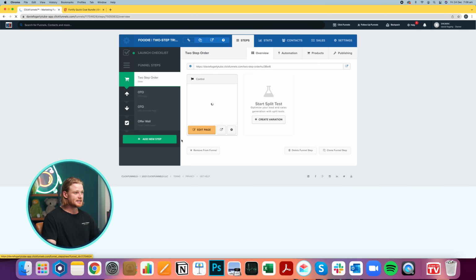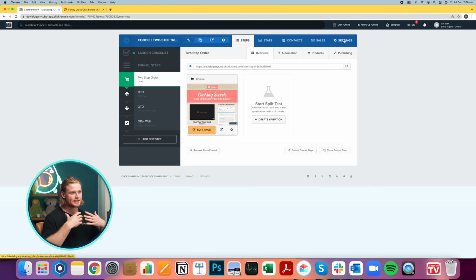So now we're at this page, it's really important to understand what we're looking at. In the blue is the funnel wide settings. So if we change something like this, it's gonna change the settings across all the steps of the funnels, which we have on the left here. So we've got the order page, we've got the offer page, and a downsell offer page here, and the order confirmation here. The only other thing that we also have is up here in the gray. This is going to affect this single step. It's not going to affect the full funnel like this. It's really important to understand that.